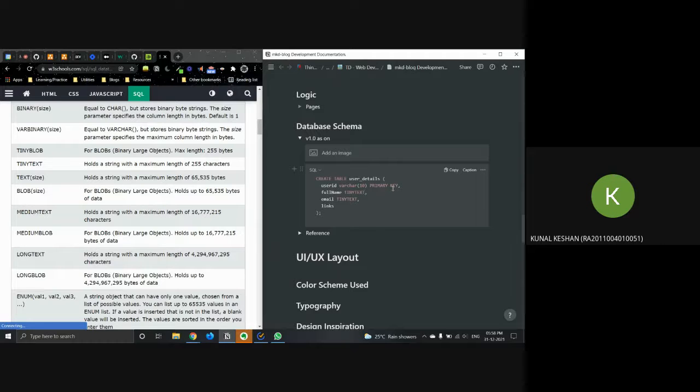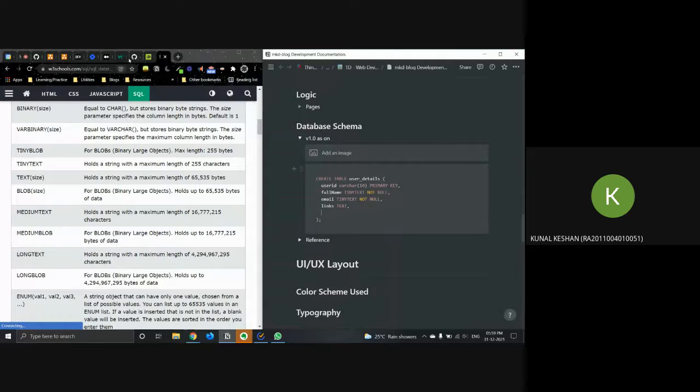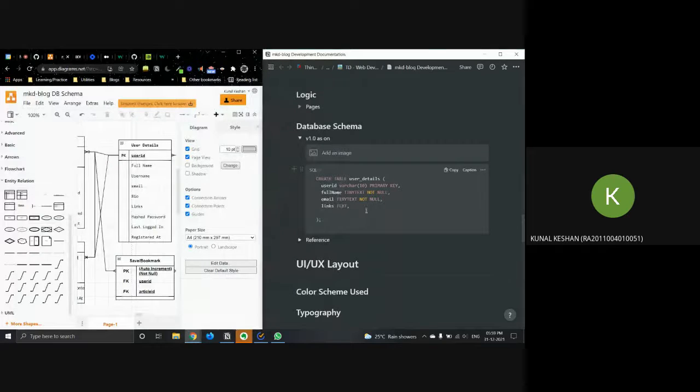For the full name, or basically any entry, the user should not leave it blank, so we can add a not null keyword. All right, then the links, as you mentioned, it will be a string, but I'm not sure how big the string is, so we can just put text. Yeah, text should do it. And the other one was the hashed password.